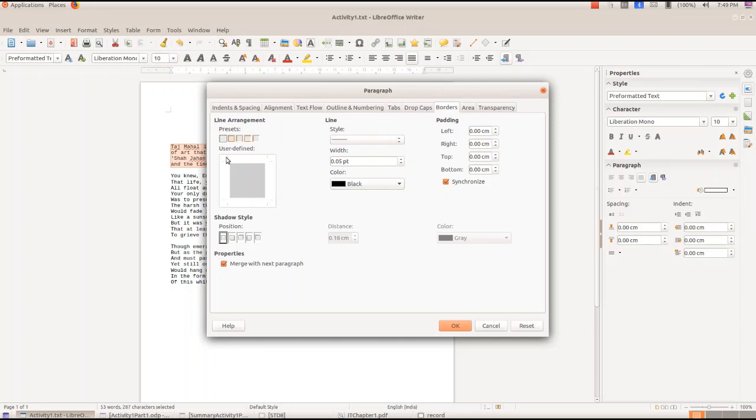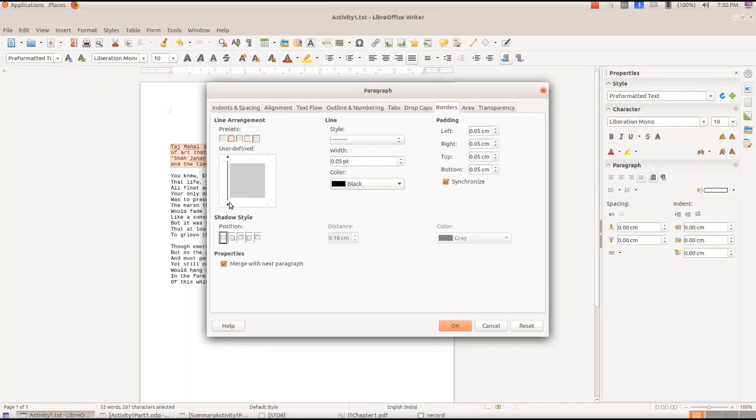The second one, set all 4 borders. If you select that, that paragraph will be given within a box. The third one, set left and right borders only. That paragraph will have margins on the left and the right side. So that is the third option. The fourth one, set top and bottom borders, the one that we need. Our paragraph should be like this. The fifth option, the left margin only, just like how you draw margins in your books.